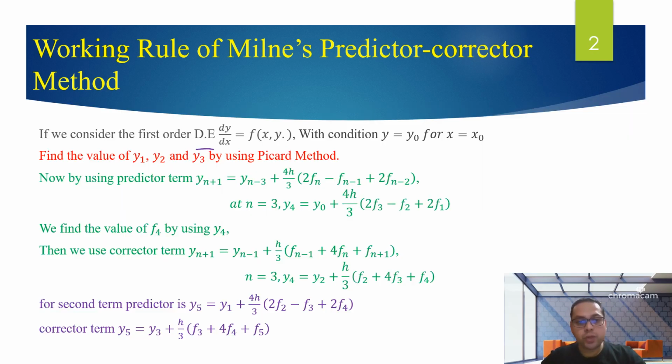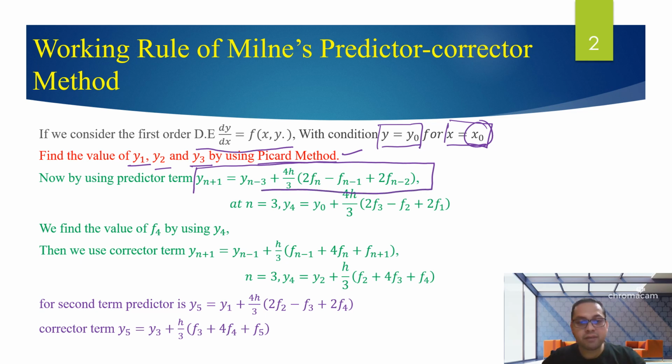If we have a differential equation in this form and only the initial condition is given, that is y at x0 is y0, that means the value of y is given for the value of x0, then we have to find out the values of y1, y2 and y3 by using the Picard method or Taylor series, but I recommend using the Picard method, which was previously taught. Now, by using the predictor formula, because we have already calculated the values of y1, y2 and y3, and y0 is already given,